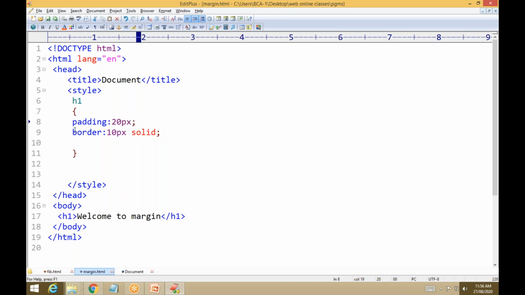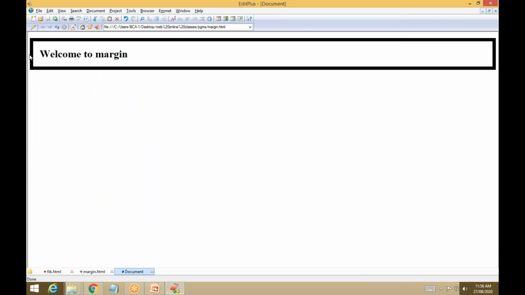Save. See now the same left margin is there. The content and border are changing, because the space between the content and the border of the content is called padding. It is called padding, right?